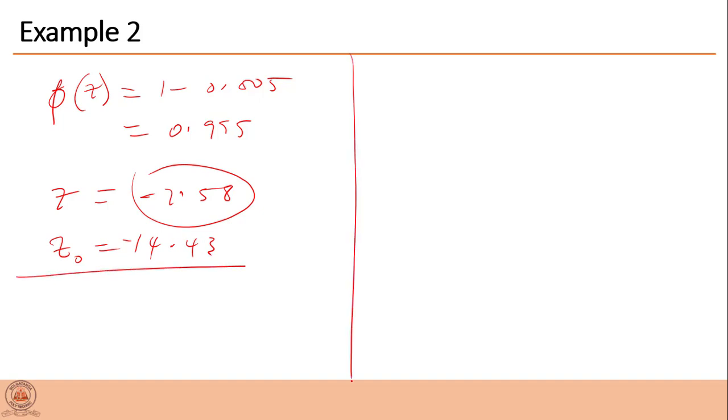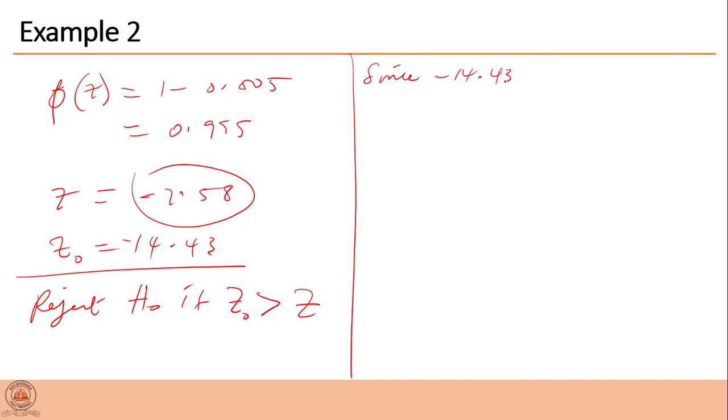We compare these two and make our decision. We are going to reject the null hypothesis if what we have calculated is greater than what we read in the table. So looking at the two values, since negative 14.43 is less than negative 2.58,